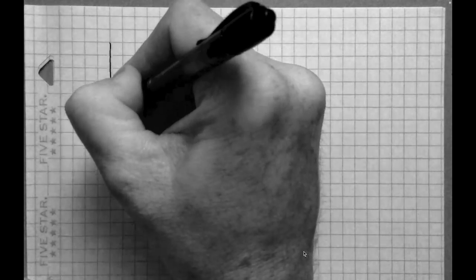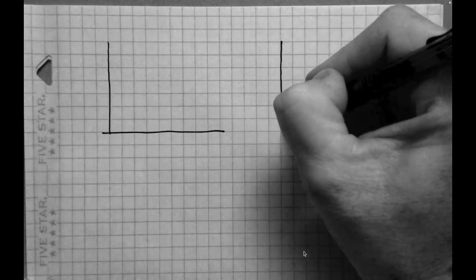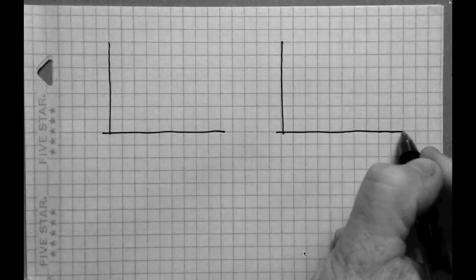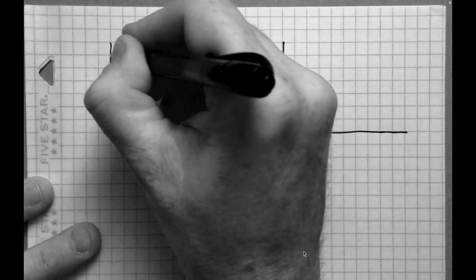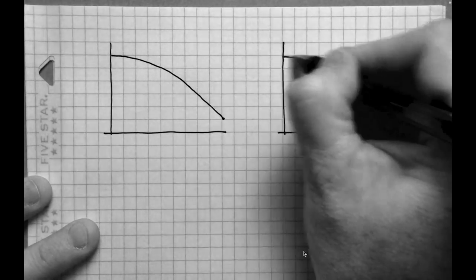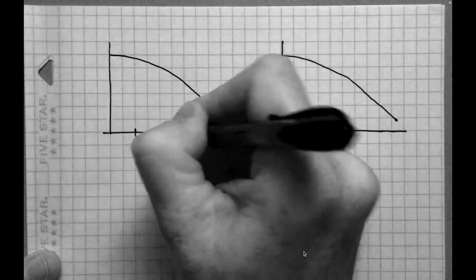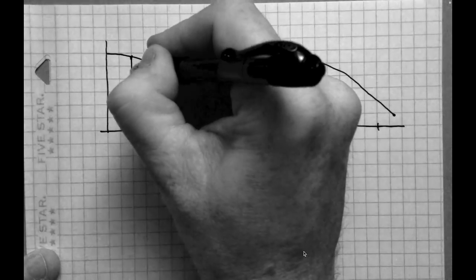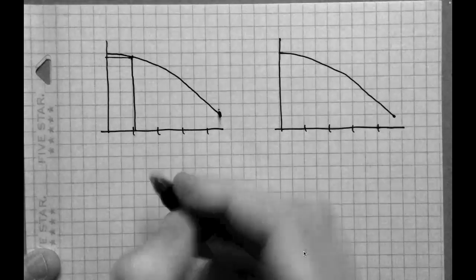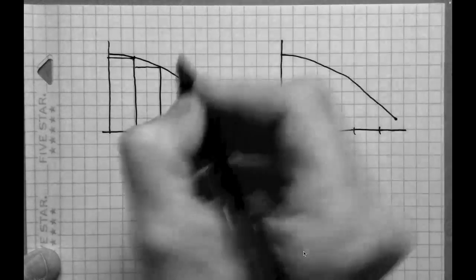Now, in the previous example we just did, I used rectangles that were drawn under the curve, right? So they came up to the curve on the right-hand side and consequently created a gap under the curve. So let's just recreate that quick. So I have a curve here, and I want these curves to be kind of the same. Okay, so that looks pretty good. So let's say we have 2, 4, 6, 8, 2, 4, 6, 8. So over here, this is kind of how I drew it in the previous example. Right, so the right-hand side of the rectangle comes up, touches the curve, and when you do it this way,